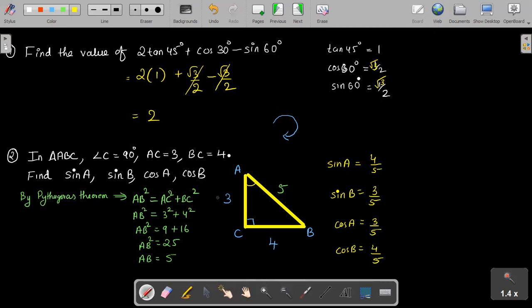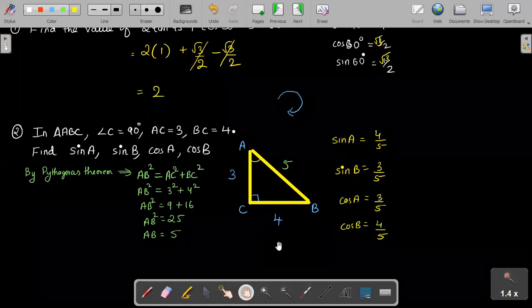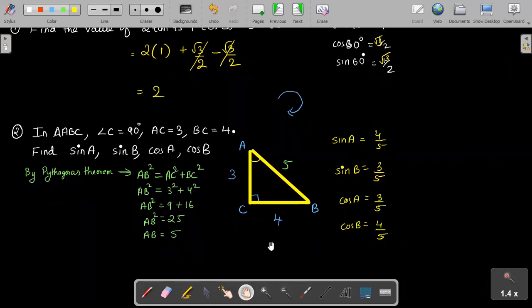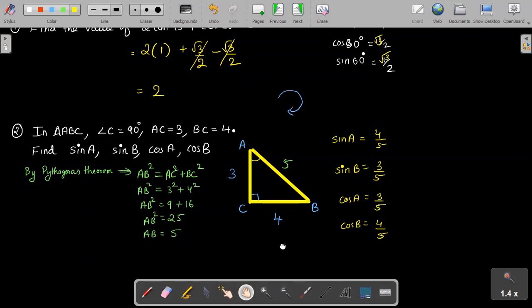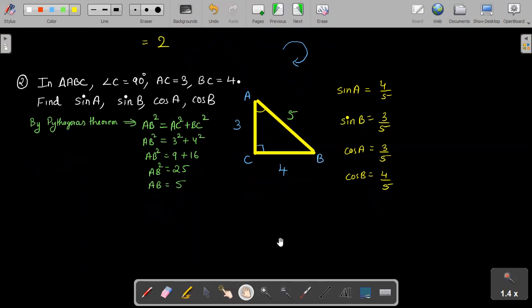Okay. I hope this question is clear, because most of the time they ask this type of question. They will give you a triangle and only two sides will be known to you. It can be any two sides of the right angle triangle. You have to find the third side, and based on that value you have to write the sine, cos or tan, whatever they ask in the question. There is one more important ratio in trigonometry which you should know. It's an identity.